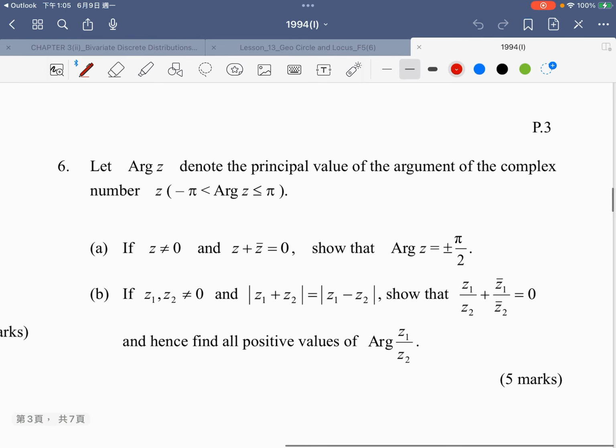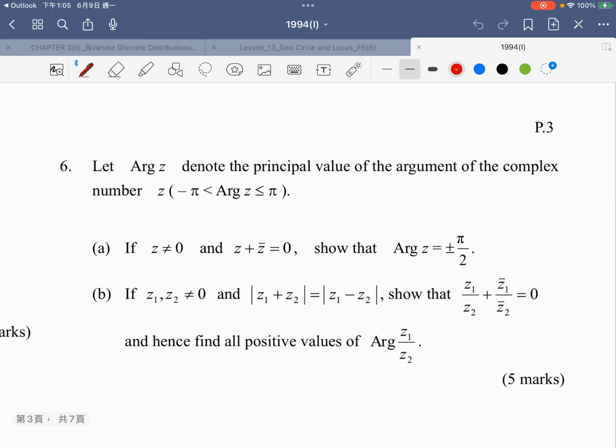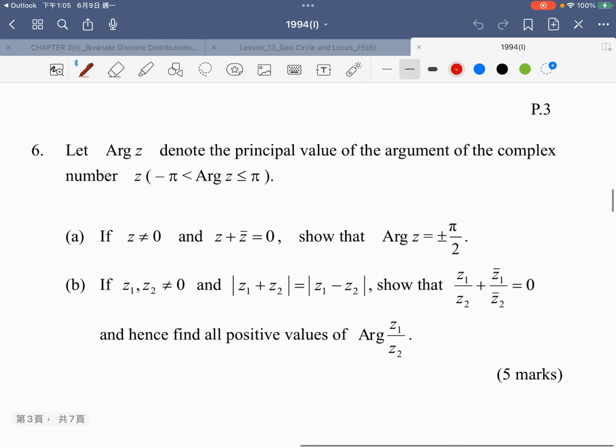This question is Pure Maths, 1994, paper 1. It is a complex number question, number 6. Let arg, it means argument, of z denote the principal value of the argument of complex number z. z is between